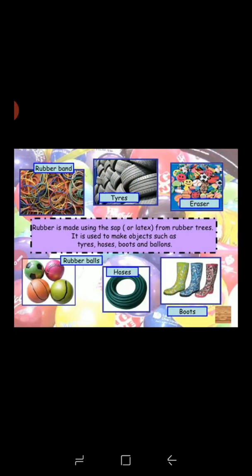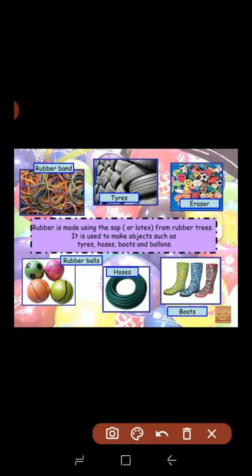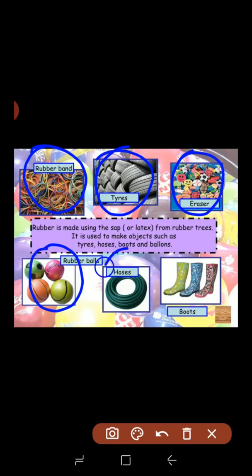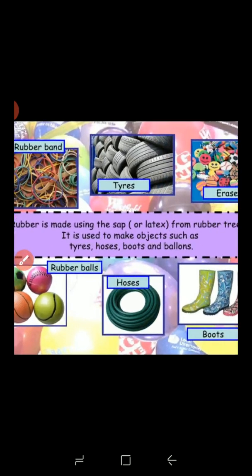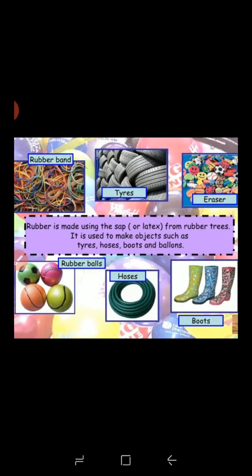We have rubber. So rubber bands, tires made from rubber, erasers, rubber balls, hoses, that is pipes, and gum boots. They are made from rubber. Rubber is made using the sap or latex from the rubber tree, and it is used to make objects such as tires, hoses, boots and balloons.